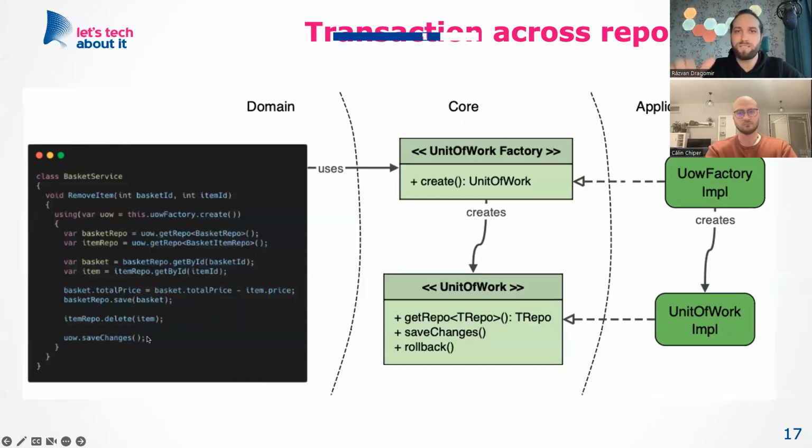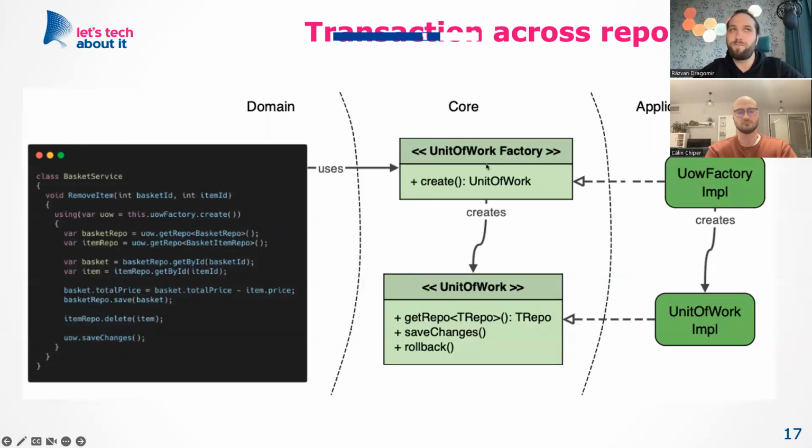Now we want to do this in a transactional way, meaning that in case the second one fails, the first one should fail as well. And in order to do that, you need a mechanism to create a transaction scope across different repositories, right? There are multiple ways, but the one that is very popular and that we recommend is the so-called unit of work concept, where, again, this is an interface, and